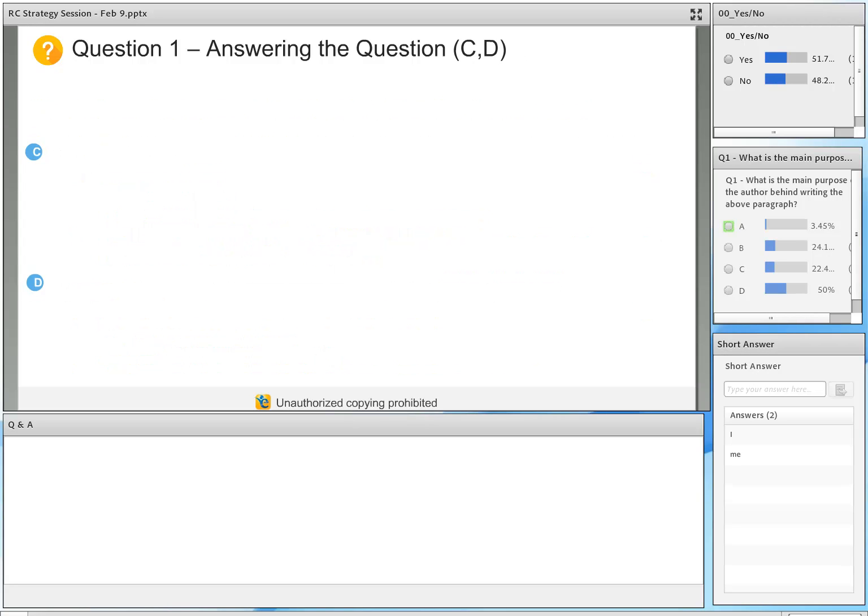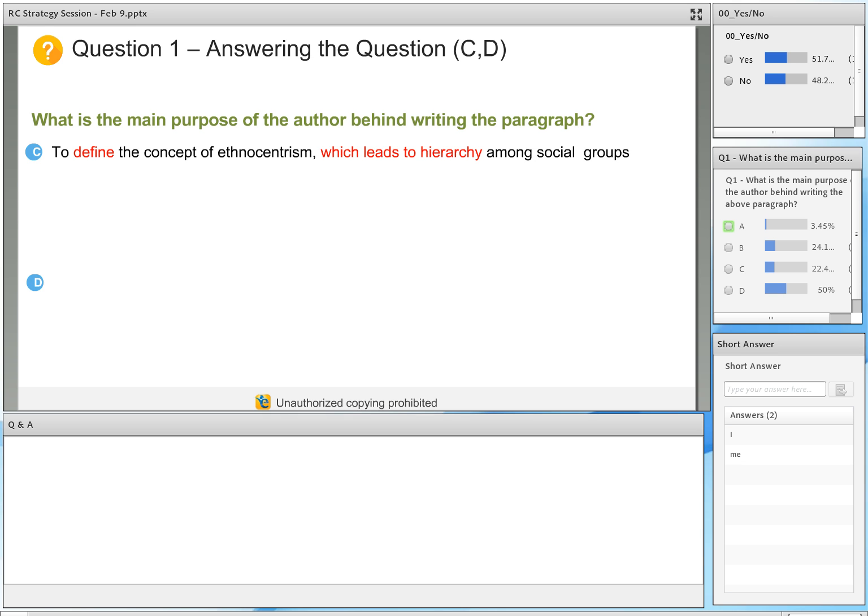Let's look at choice C. To define the concept of ethnocentrism, which leads to hierarchy among social groups. Now, for main point questions, for certain choices, it would make sense for you to take the role of the author. Choice C is an attractive choice because it uses the word to define, and because the passage also gives a definition, so I can understand why you will be attracted towards this choice C. But before you mark a particular choice as the correct answer, always play the role of